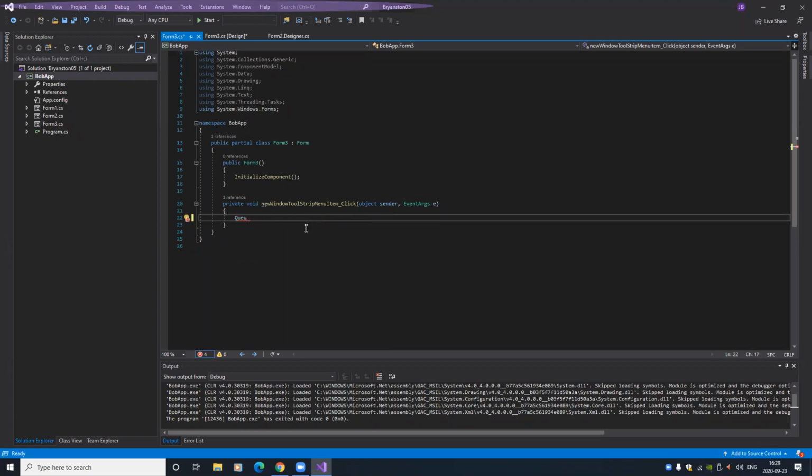So all I'm going to do is create an object of type Form2. I'm going to say Form2 child equals new Form2, like so. And that's how we create a new Form2. Now, the last thing we'll need to do is just tell Form2 that Form3 is its parent. Now understand, guys, when I click new window, here in this method is inside